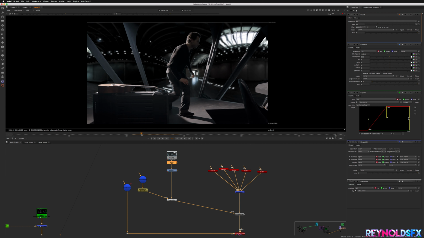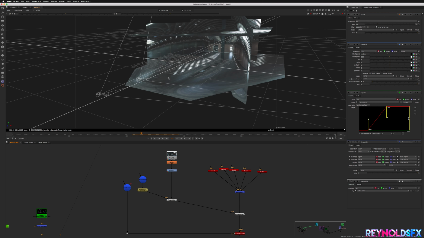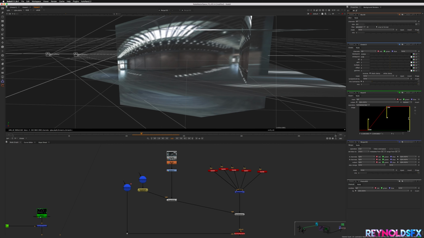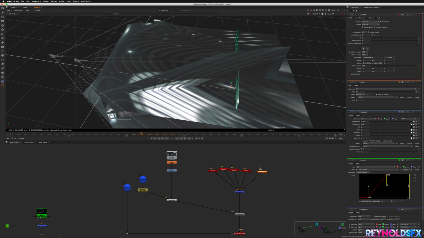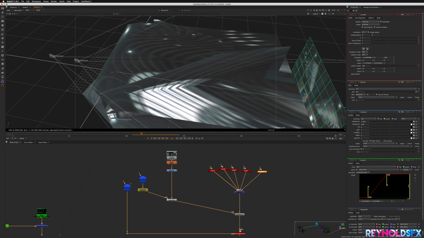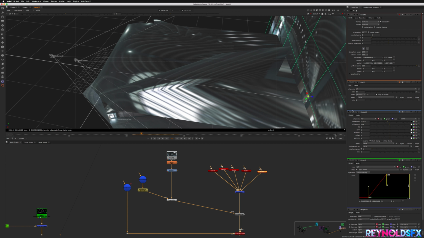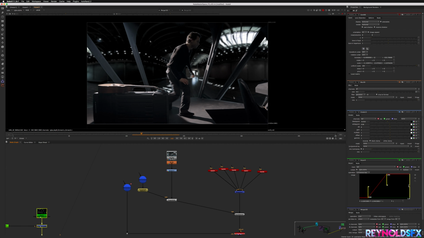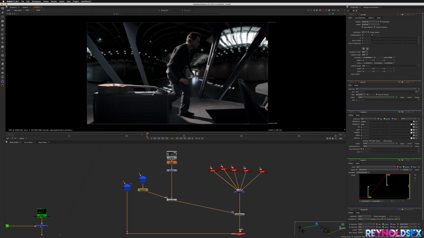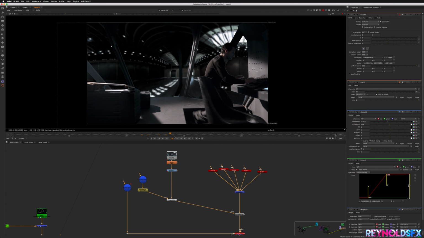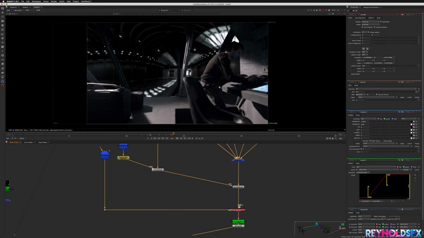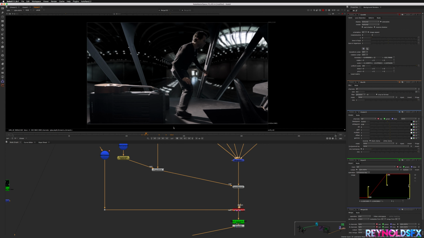So what I'll do there is we're going to go back into our cards here, and I'm just going to take our main back card, put that way out in space, scale it up. That should give the illusion that it's farther away. Starting to. And I think overall there's too much